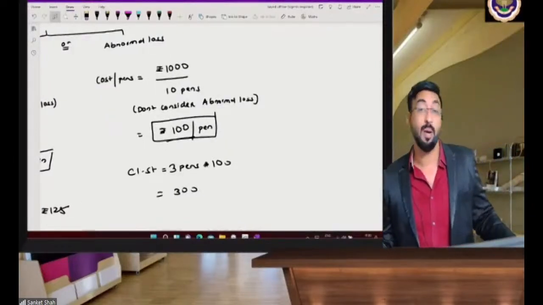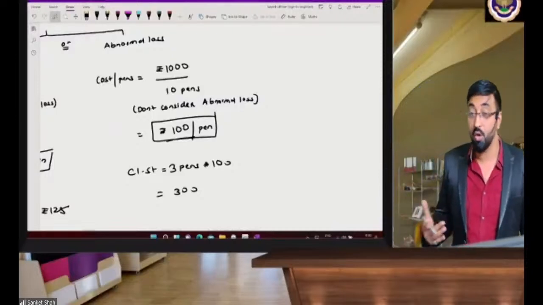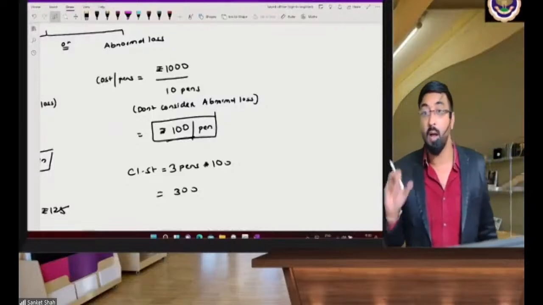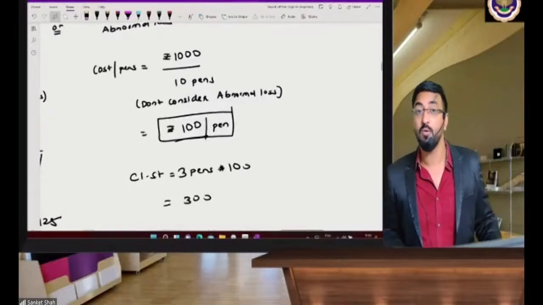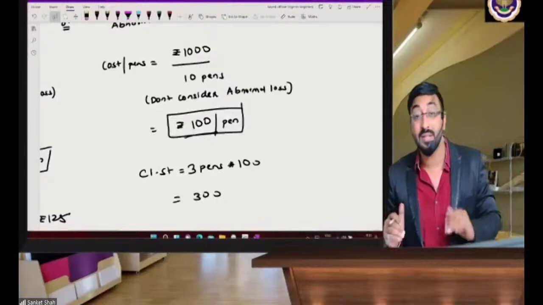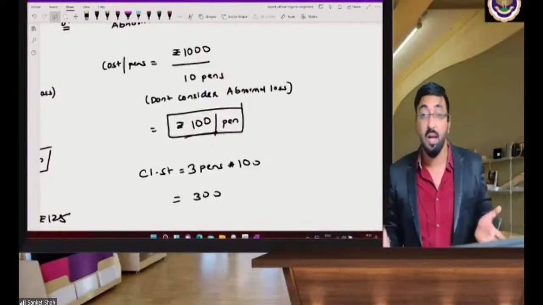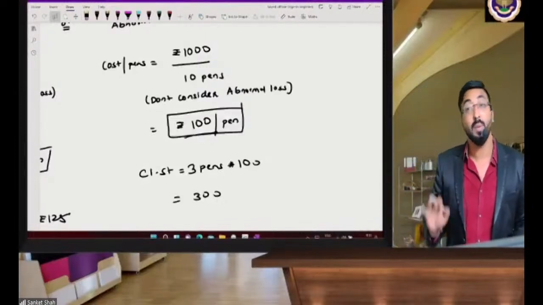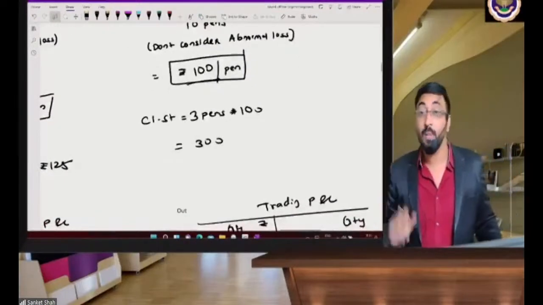और goods lost by flood और anything, आप ऐसा कुछ करते हो ना जो ट्रेडिंग के क्रेडिट में उसको फुल अमाउंट से बताया जाता है, उसको फुल अमाउंट से बताएंगे। तो 1000 रुपए के पेन्स थे, 10 पेन्स मैंने खरीदे, तो यहाँ पे मेरा वैल्यूएशन 8 पेन से डिवाइड नहीं करना है, क्योंकि मुझे अंदाज ही नहीं था कि 2 पेन्स खराब निकलेंगे, तो ये 10 पेन्स के 10 ही वैल्यूएशन होंगे।